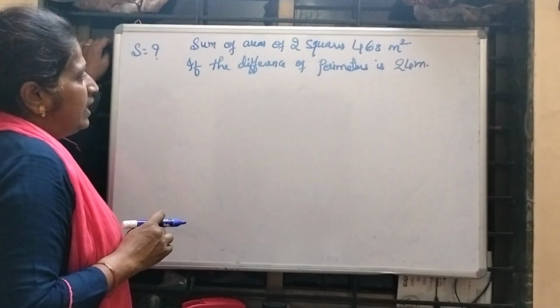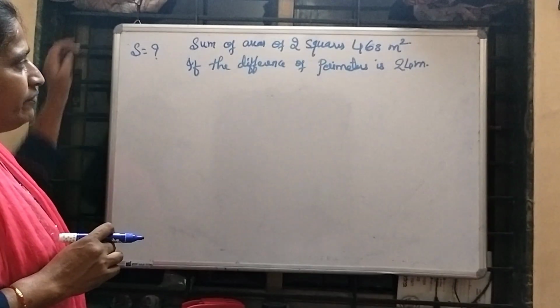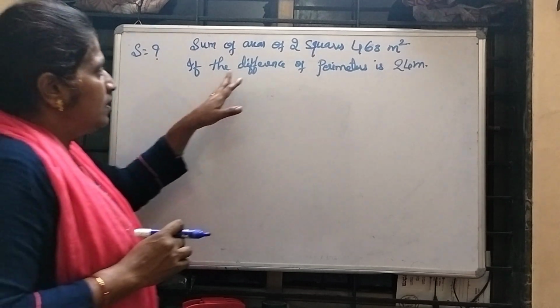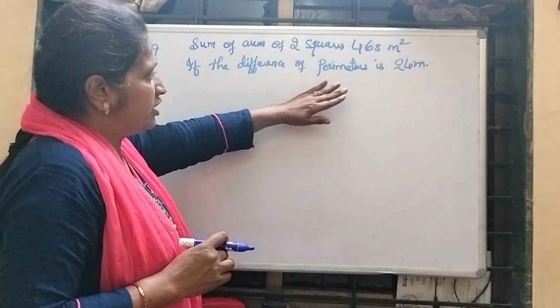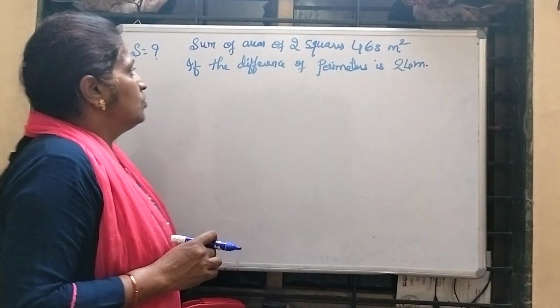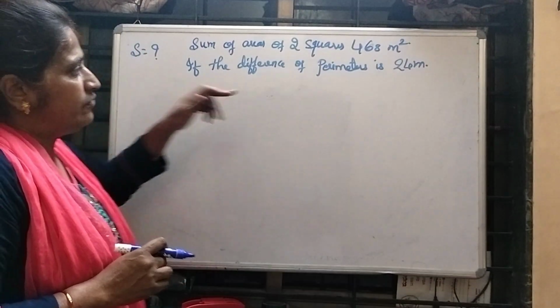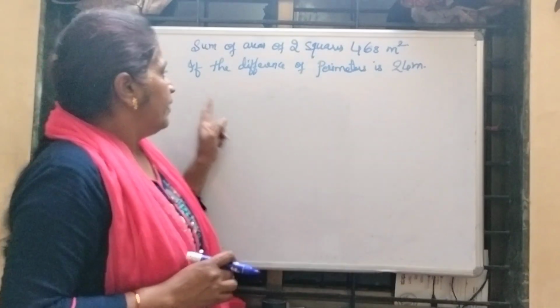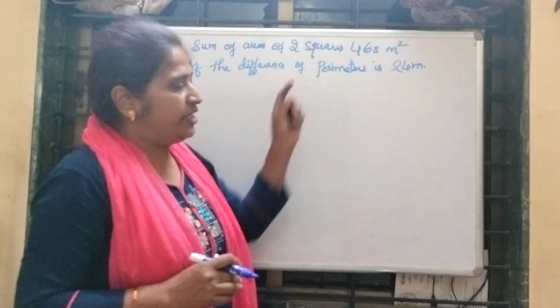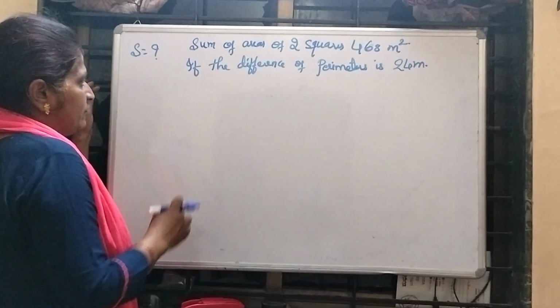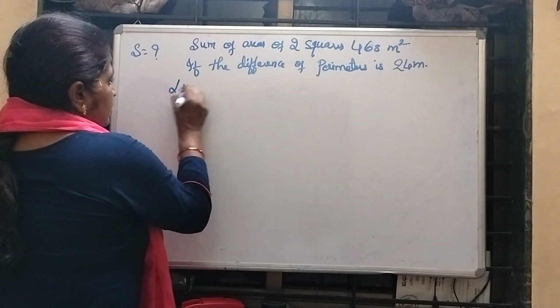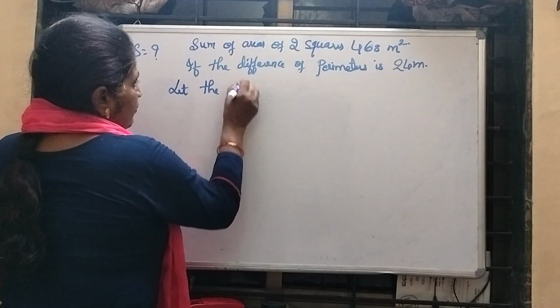Yes, children. As we were studying the quadratic equations chapter, here is a 3 marks question, also a most expected question. The sum of areas of two squares is 468 meters square, and the difference of perimeters is 24 meters. So first we'll take, let the side of the first square